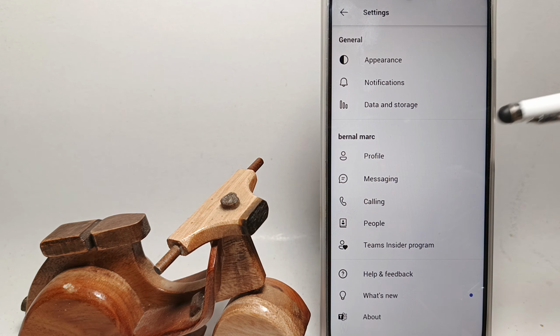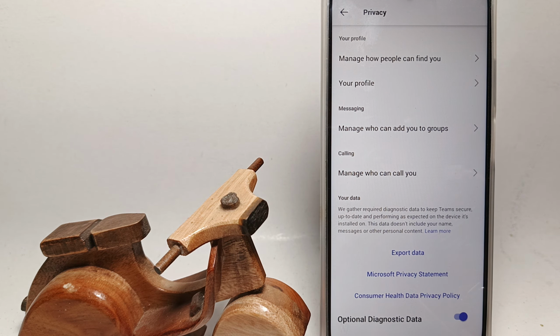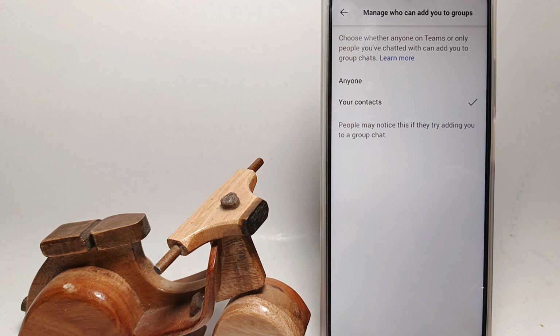And scroll down. Tap Privacy menu. Tap Manage who can add you to group. Tap Anyone. So that's it, this tutorial on how to set anyone can add you to group in Microsoft Teams